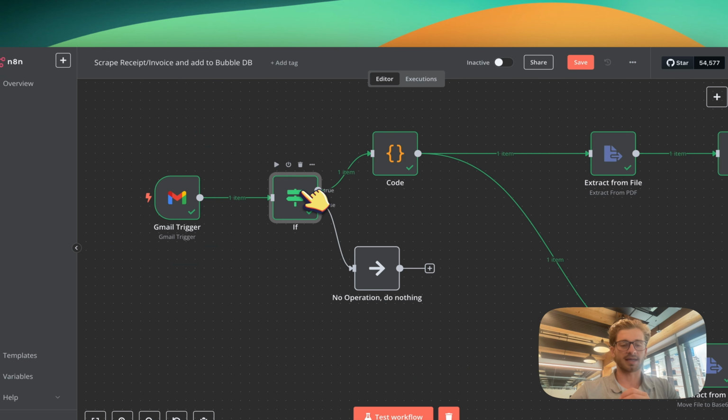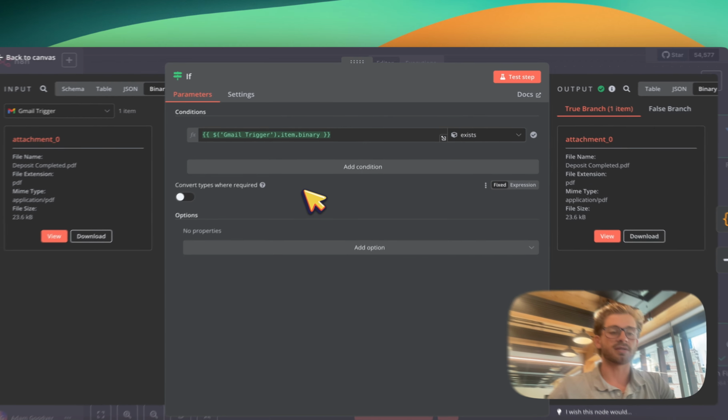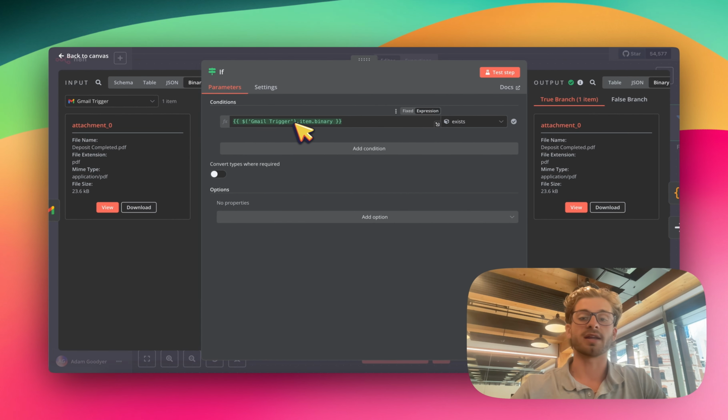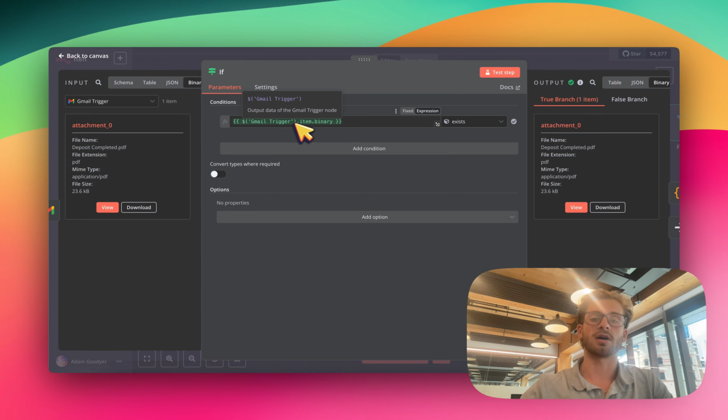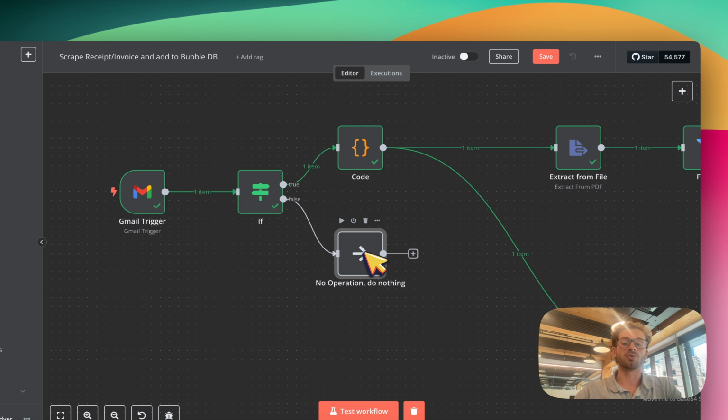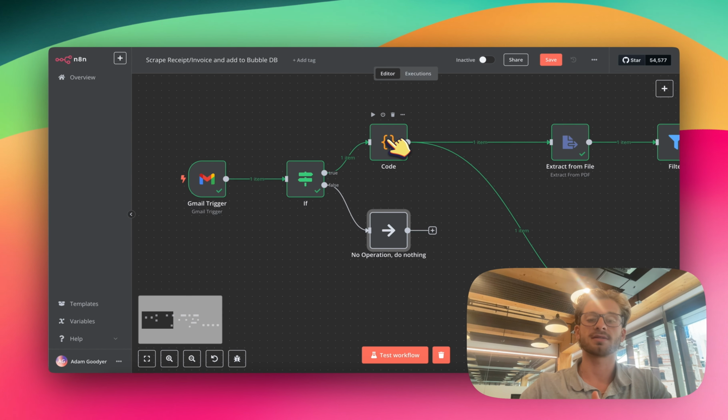Next up, we have a basic if statement, and all this if statement does essentially is check whether or not an attachment exists on the email. If it doesn't exist, we don't worry about it, because the whole purpose of this workflow is to attach the attachment to a record in the database. So if no, we do nothing, and if yes, we process this code event, which essentially splits the attachments